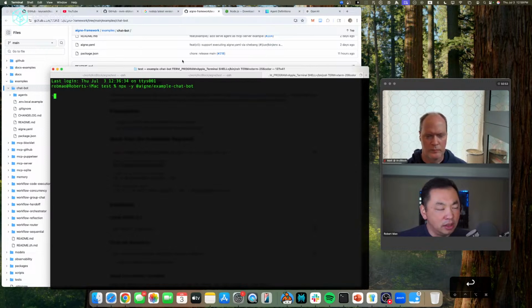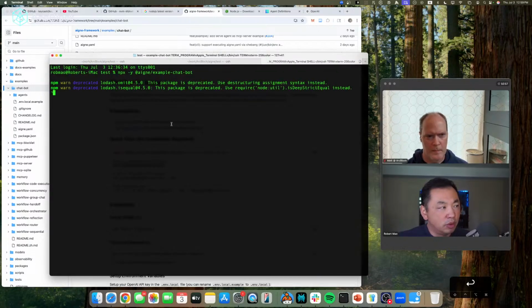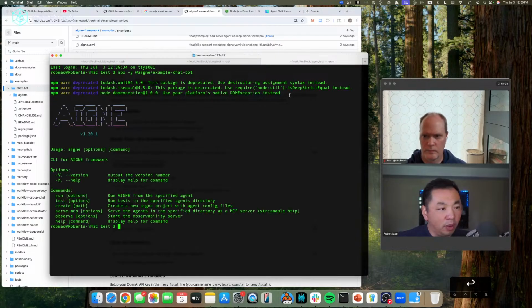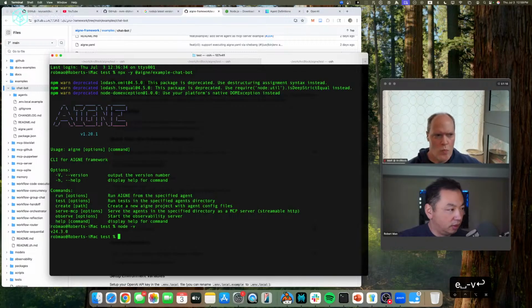All these dependencies are solved for you. So it takes a much longer time, and sometimes it prints these scary warnings, but it's not a problem. So yeah, now let me see, node -v.